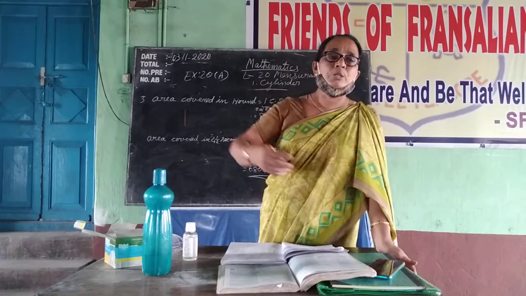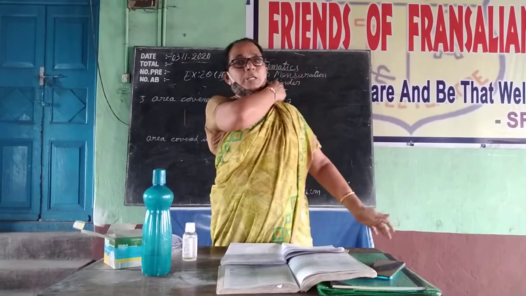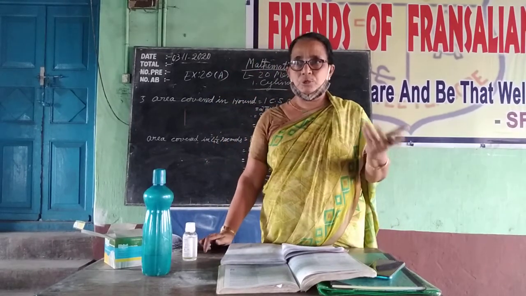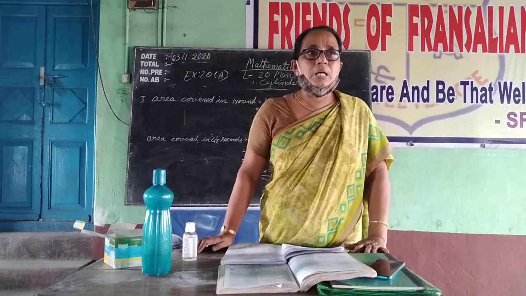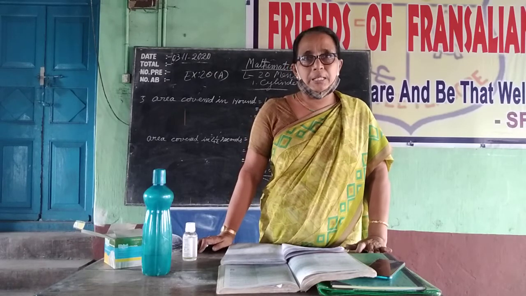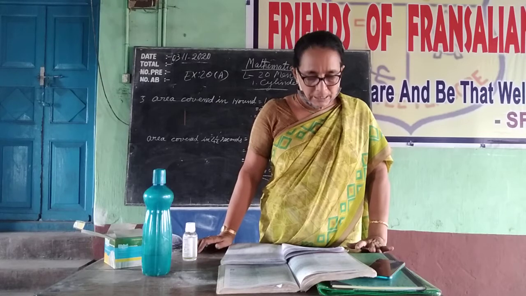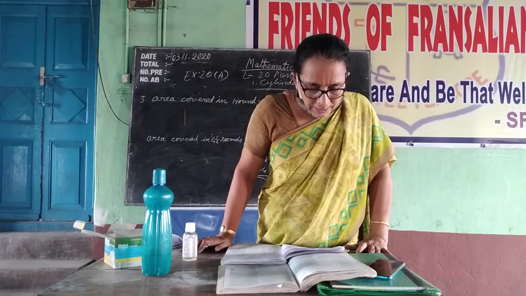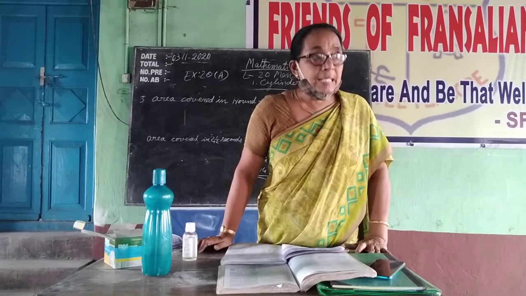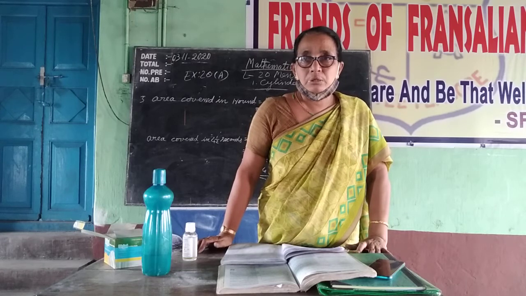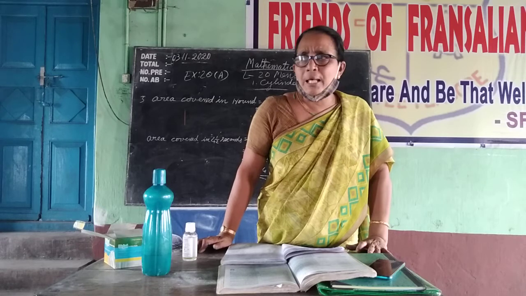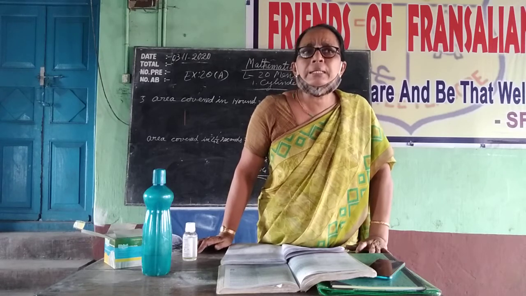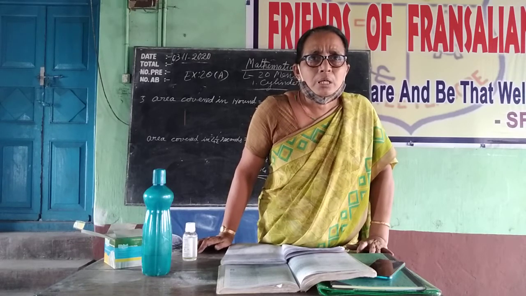Earth means the mud that should be removed to make the well of this size. That is the volume of that cylindrical shaped well, by using pi r square h. Also find the cost of plastering its inner surface. What you have to find out? Interior, curved...